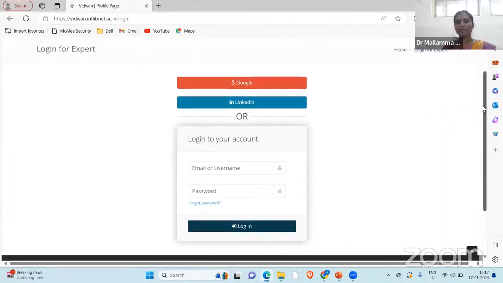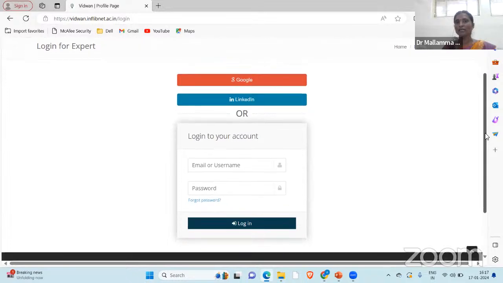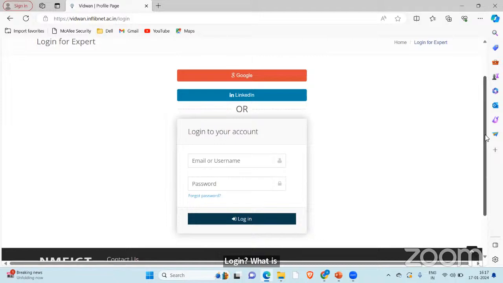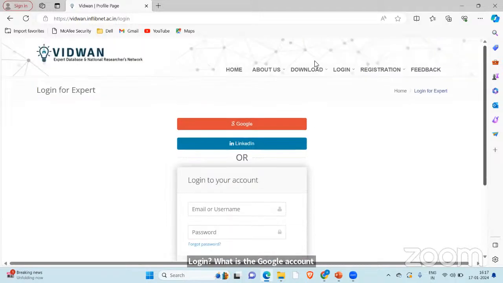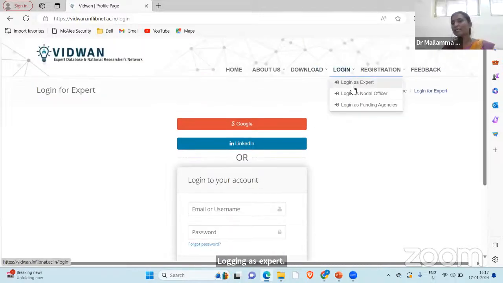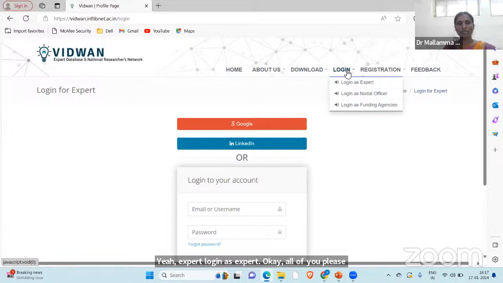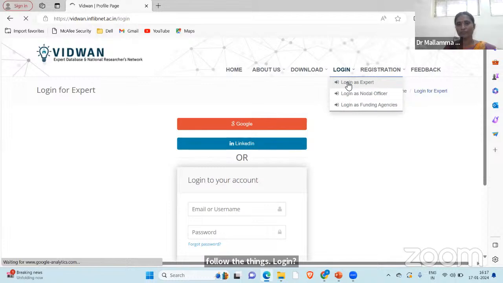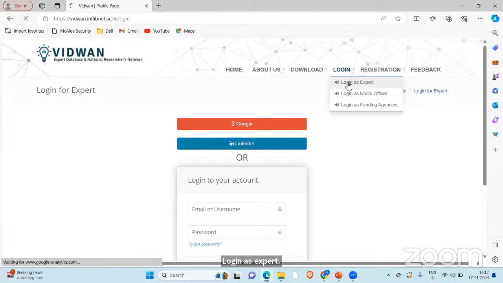How to log in? All of you have a Google account? Login as expert. All of you, please follow the steps. Login as expert. I have clicked on it. Ma'am, do we have to register first?